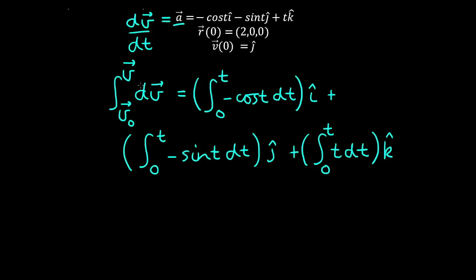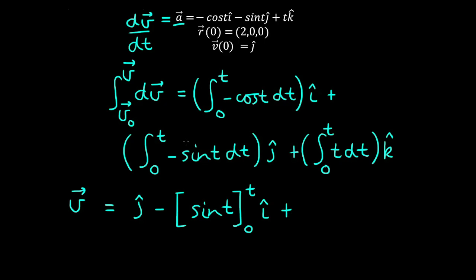So on the left hand side we have v minus the initial velocity, which is 1 in the j direction, and we can take this to the other side of the equation, and we can take the minus outside the integral and integrate cosine t, which becomes sine t from t equals 0 to time t, and multiply this by the unit vector i,